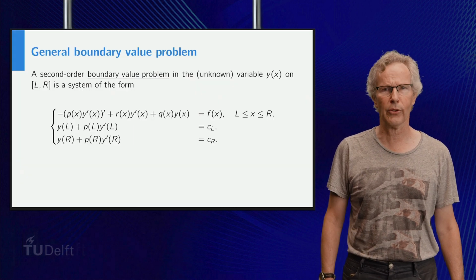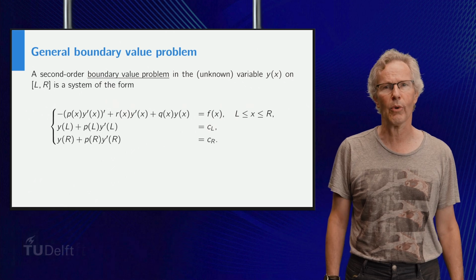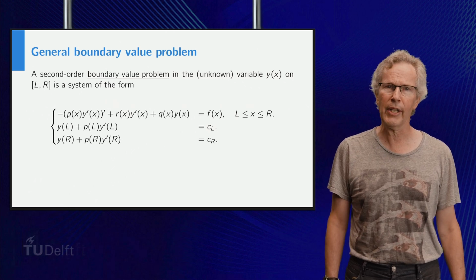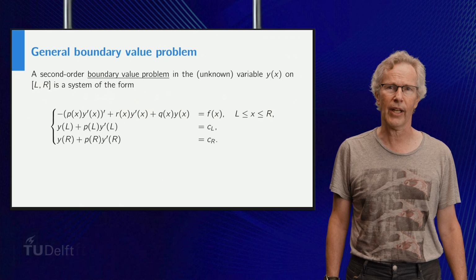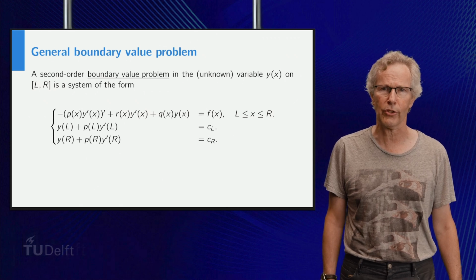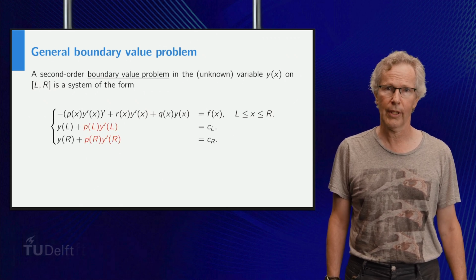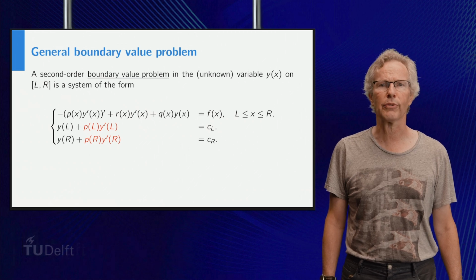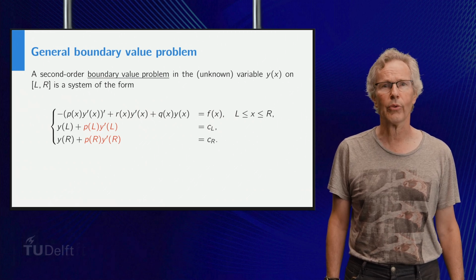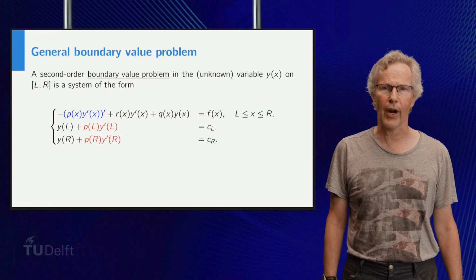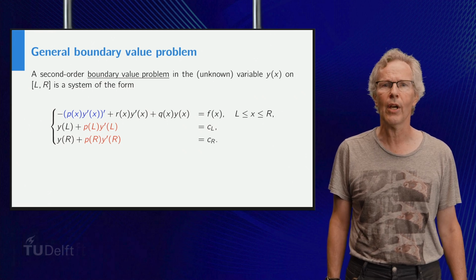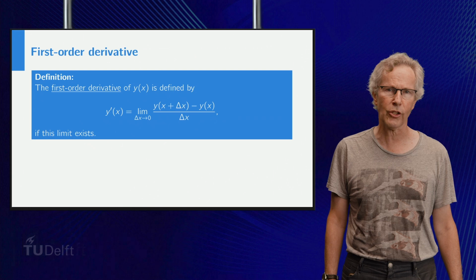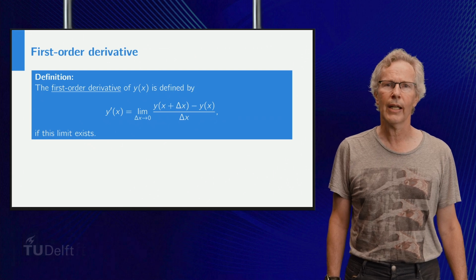Here we see a general boundary value problem with this situation. P times y' appears in the left and right boundary conditions, shown in red. And its derivative is part of the differential equation, shown in blue. We will derive a finite difference approximation of the derivative of p(x) times y'(x) in the remainder of